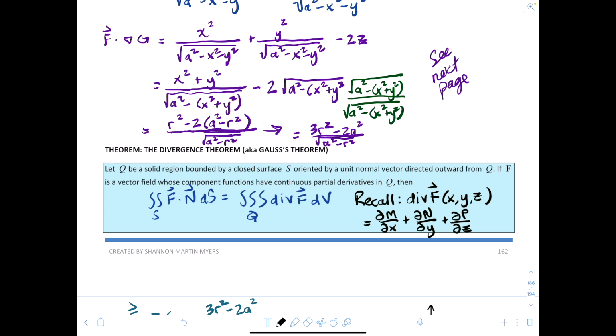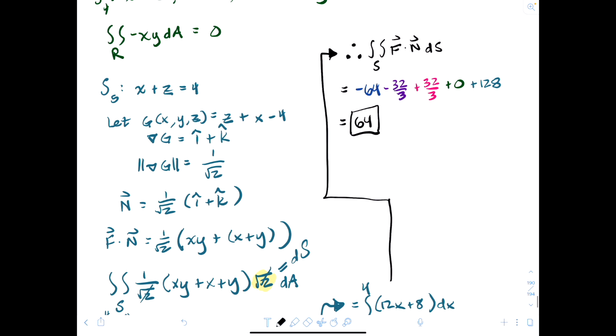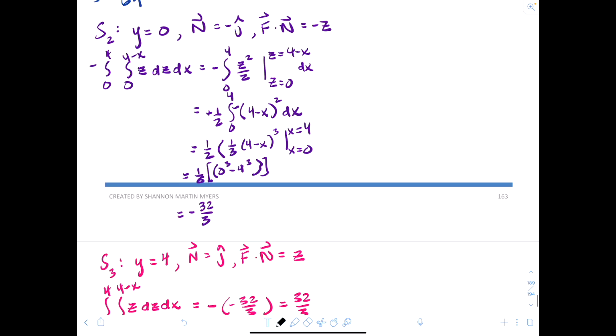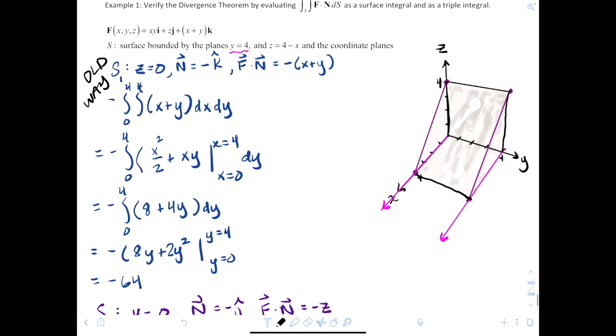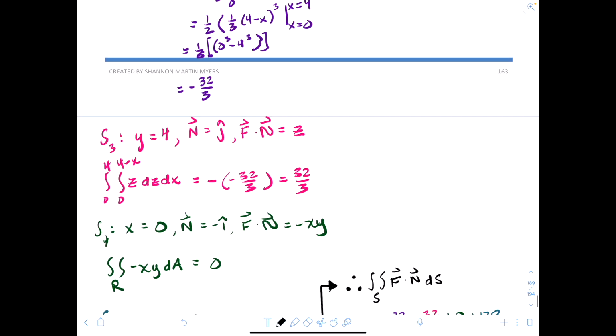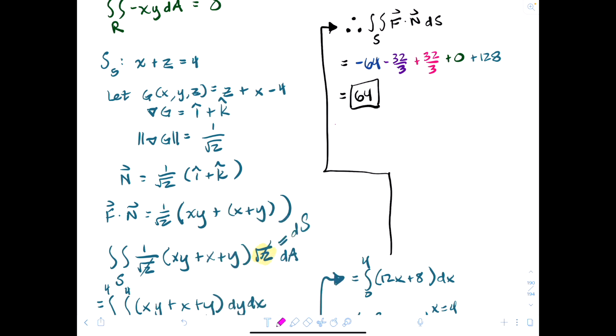That's what we'll put in the integral, and then we just need to make an iterated integral for the volume, or the solid rather. So that first one was the hard way, right? So this was the old way. And the new way would be, all right, new way, using the divergence theorem,